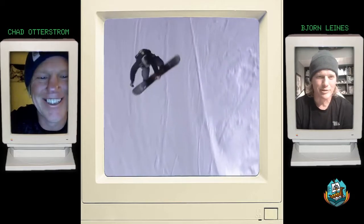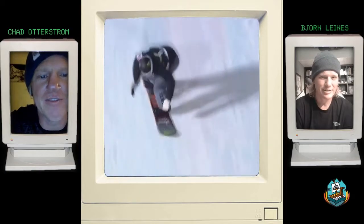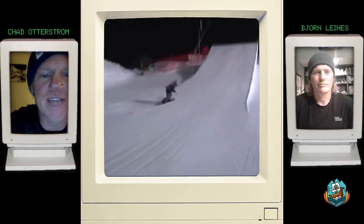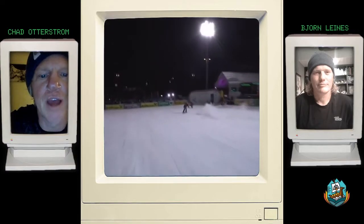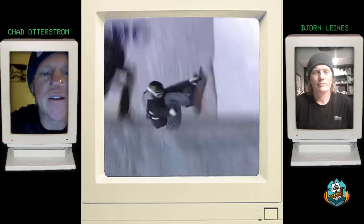Check. Trick ballers. Was that a frontside triple cork? Yes, Chad, yeah, that's looking like a frontside triple mute. What's the degrees of rotation there, Chad? 1440. He does it backside 1260 tail. This is front triple cork, yep, mute 1440. And then his second trick, he does switch backside 1260 tail, which is